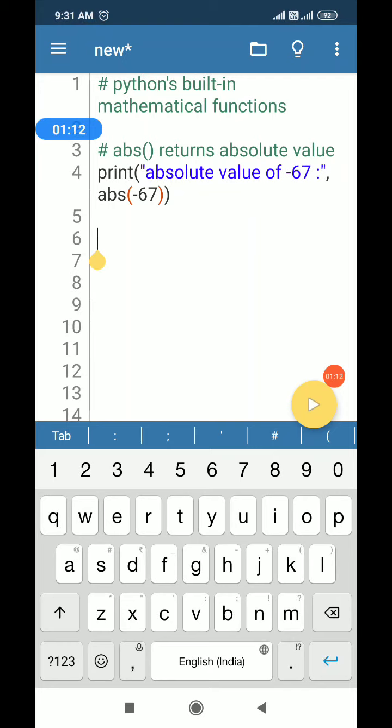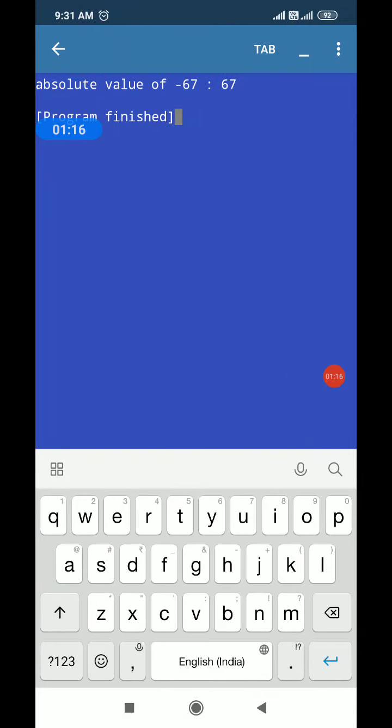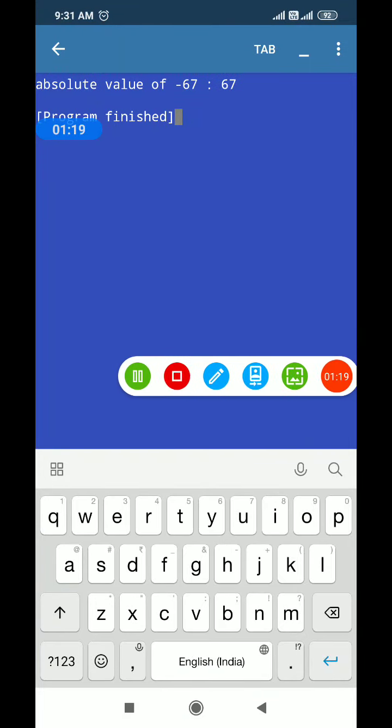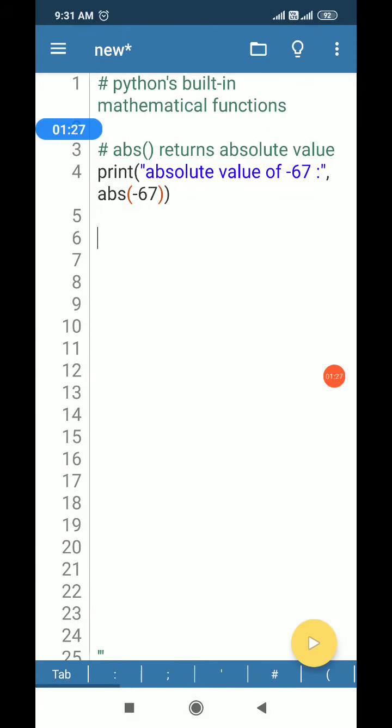So let's see the output of this program. Here you will get absolute value of minus 67 will be 67. So this is the first Python mathematical function.